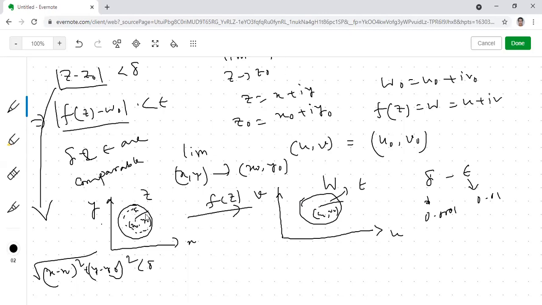Now let's say delta is 0.001. But while we are varying the values of z inside the interval, we are getting that the functional values lie in a huge interval, not enclosed within that circle. That is, epsilon is very large. Then we say that the limit doesn't exist here. But if for this small interval, the corresponding functional values of these points lie in a small circle, then only we'll say that the limit exists. Was it okay? Yes, sir. Okay.